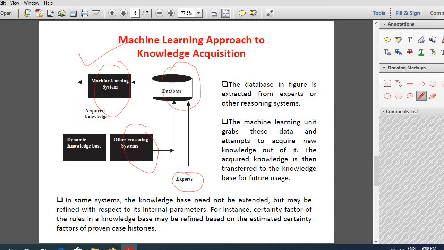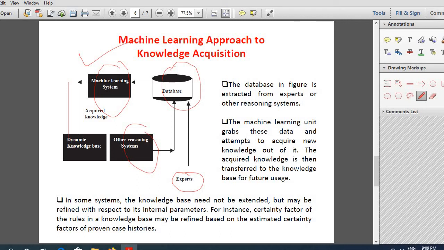Then that acquired knowledge will be transferred to the knowledge base for future use. In this way, within some time, a knowledge base will be constructed for a system. So once the knowledge base is made from enough data, sometimes it may not need to be extended.